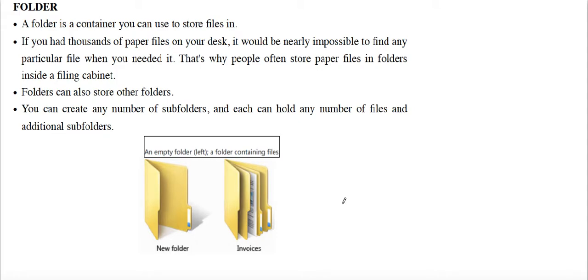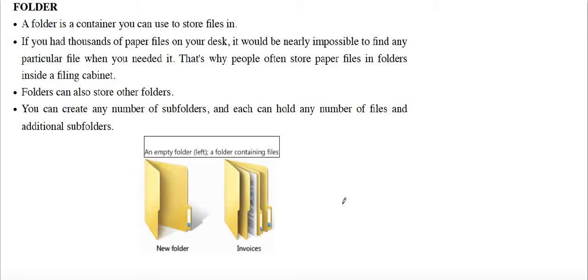Lecture on the file structure of the Windows operating system. Previously, we saw the concept of a file, and in that lecture we saw that a file is an object which is used to store some data or information or commands inside a computer system. We also saw that files are represented using icons to identify them or to open them using specified programs. Now we will see the concept of folder.